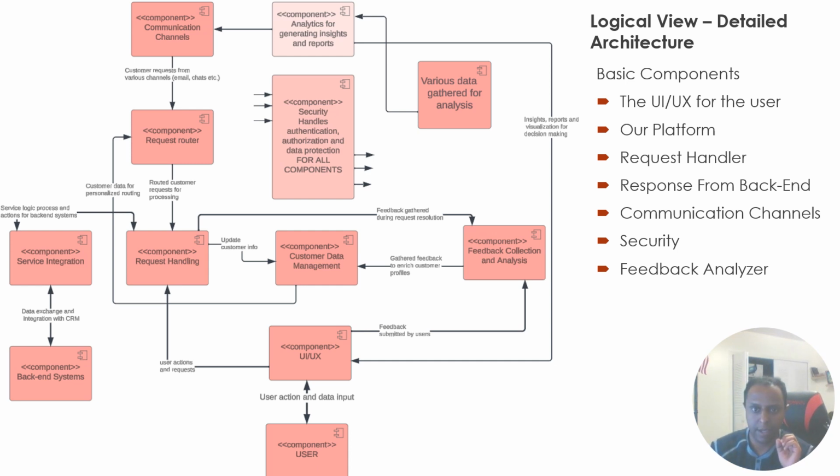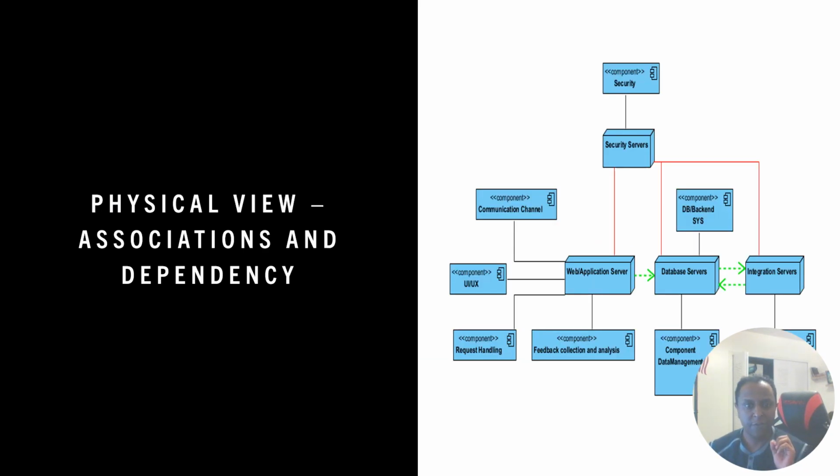That's what's happening here. So the physical view, in the physical view, so we have the UI UX again, our front end, and goes to the web application server, and it goes to the database servers, and goes to the integration server, and the integration server will give back the data. So this is the physical, the web application physical states, the database states, and the integration